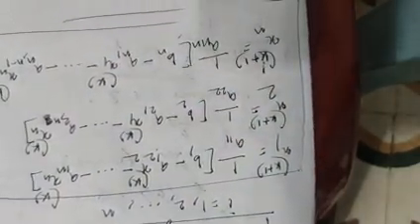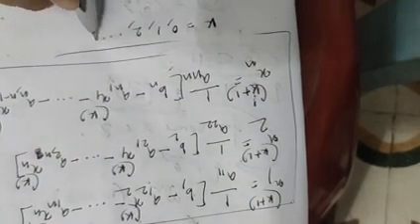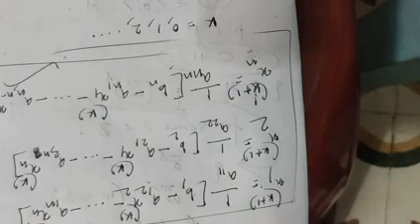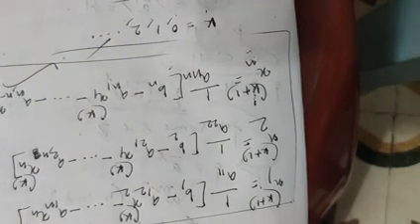Now by putting k = 0, 1, 2 and so on, we get the required solution. We will apply this iterative formula until we get the desired degree of accuracy, like 2 decimal places or up to 3 decimal places. Whatever we want, we apply this iterative formula step by step, just by putting k = 0, 1, 2 and so on. This is the procedure of the Gauss-Jacobi method.